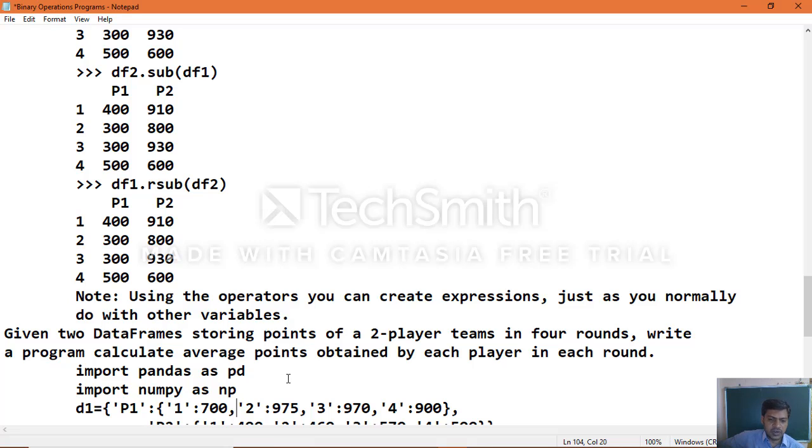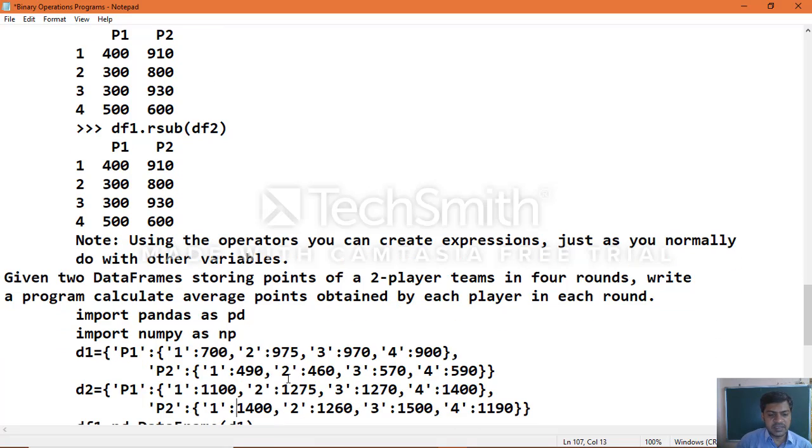Which means 1, 2, 3, 4 are rounds, and P1, P2 are players. Team 1, P1, P2 players each round, and team 2, P1, P2 players each round.